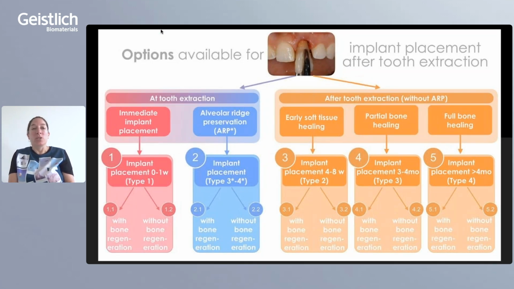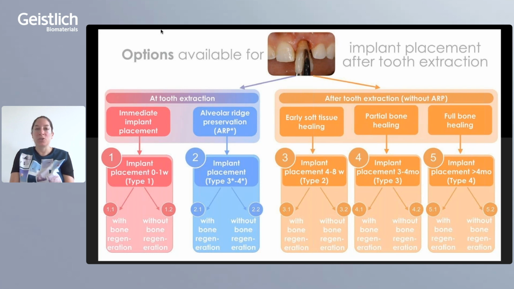So what are the options here? Options for implant placement after tooth extraction. To your left in pink, at the time of tooth extraction, you see immediate implant placement. This would be type 1, would be at the time or a few days after tooth extraction, with or without augmentation procedures. You could go for type or option number 2 and also at the time of tooth extraction do